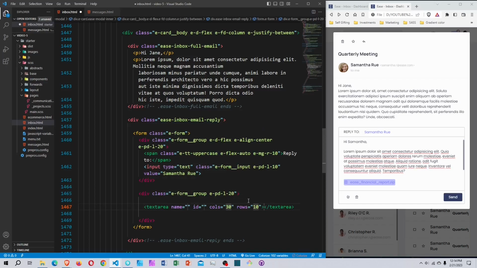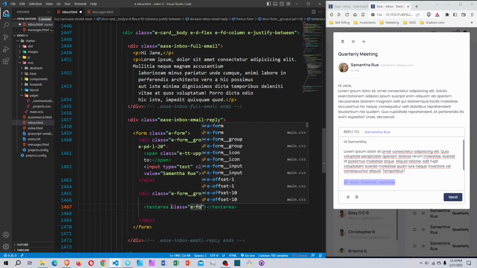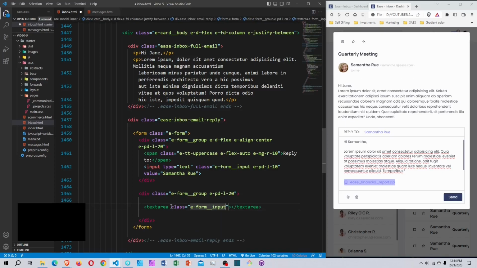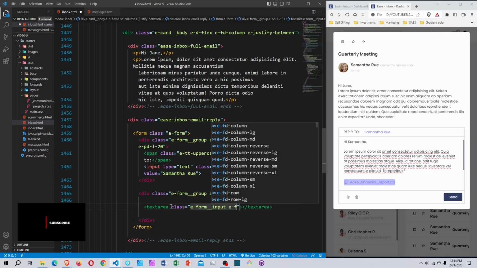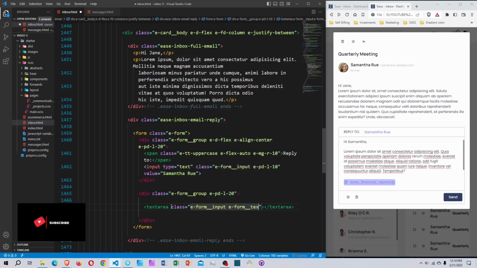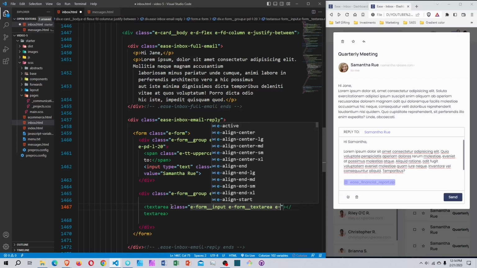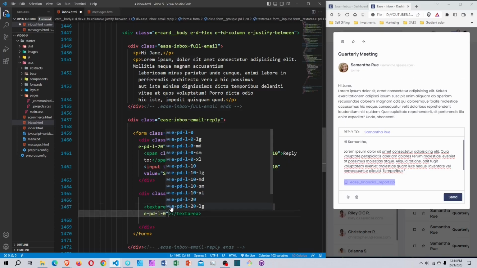Okay, I'm gonna delete all of this, give it a class of e-form-input, like this, and then another e-form underscore textarea, like this, and give it a padding left of 0, like this. Okay,